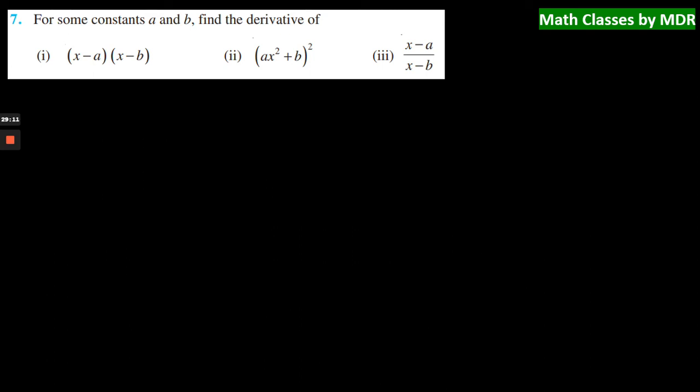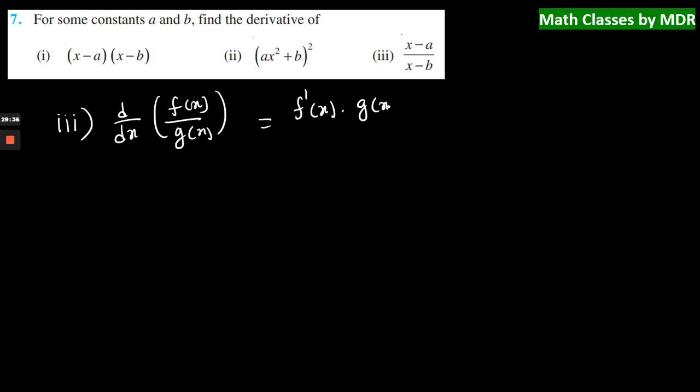Now let's see the third one, x minus a by x minus b. For x minus a by x minus b, we can use the quotient rule, right? Let us use that. So if you have f of x by g of x, the quotient rule says that f prime x into g of x minus g prime x into f of x, right, by g of x whole square,